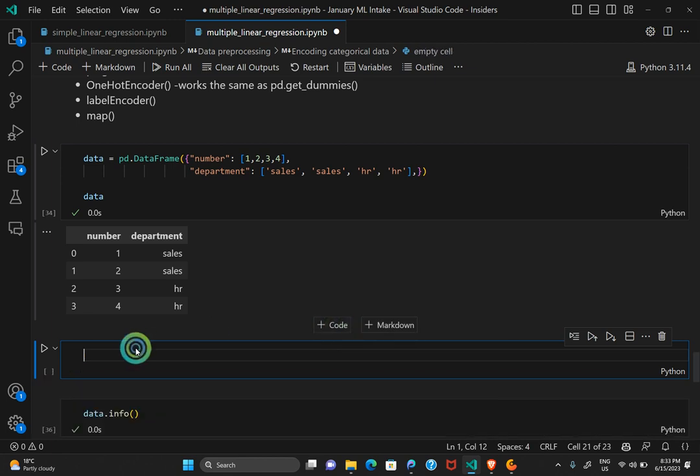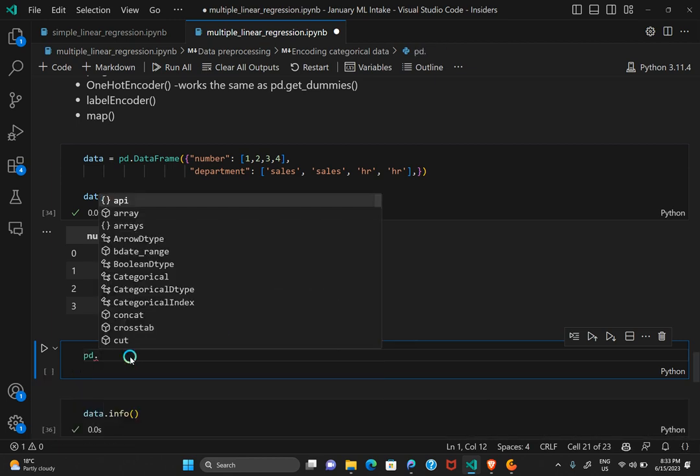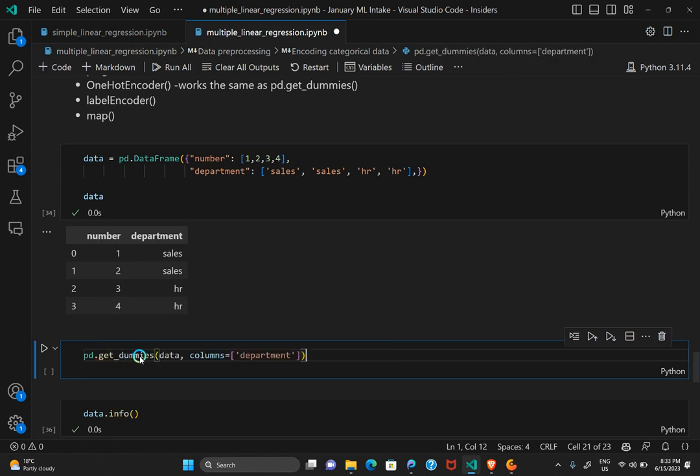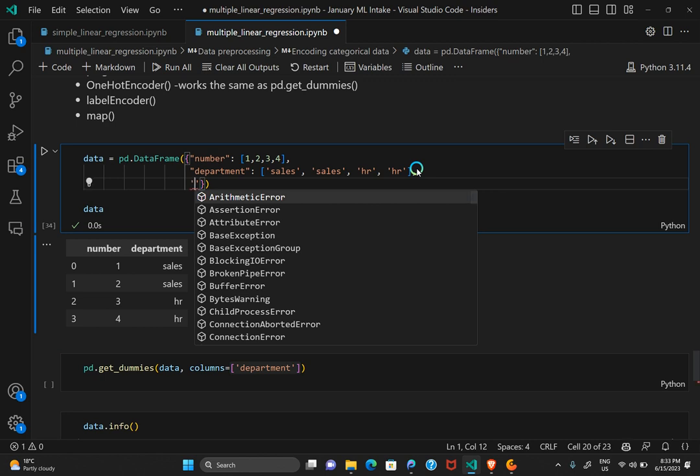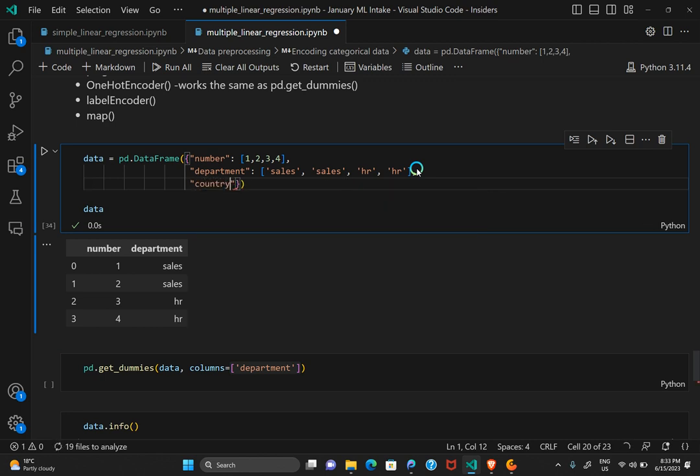What we do is I'll add another code cell here and we will type in pd.getDummies. Then we will type in our data, then we will specify the columns that we want to convert. In here, we create a list of all columns that we want to encode. So for example, if I added a new column here called maybe country, and let's say we had US, UK, and